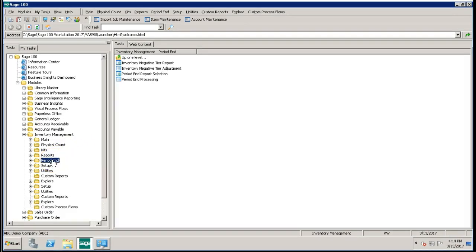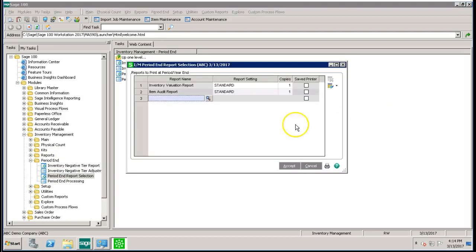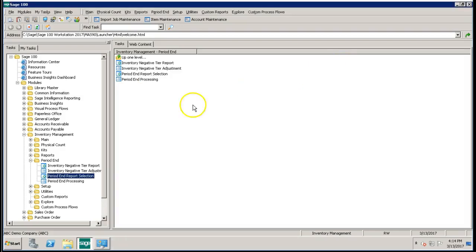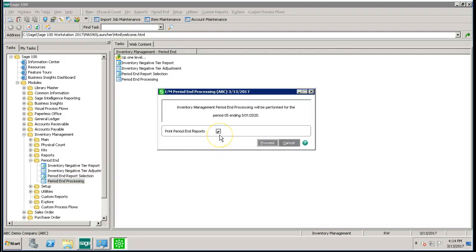Next, let's run through period end for inventory. Under the period end menu, I'm going to go into period end report selection. Notice that I have 2 reports already selected, and you can also choose a different report setting if you want a period end report to be different than the standard report setting. When I go to period end processing, I see that it's going to close period 5, in this case May